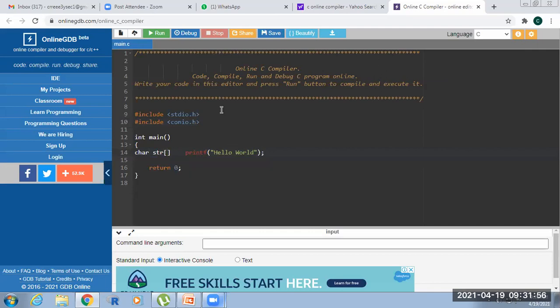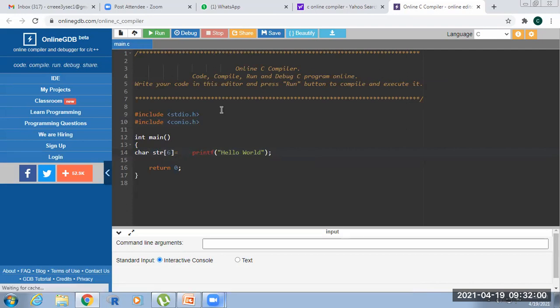str of 6 equal to. You can represent a string in two ways.